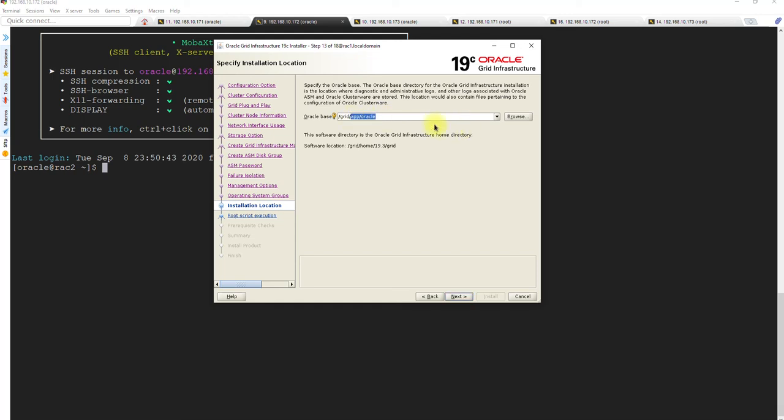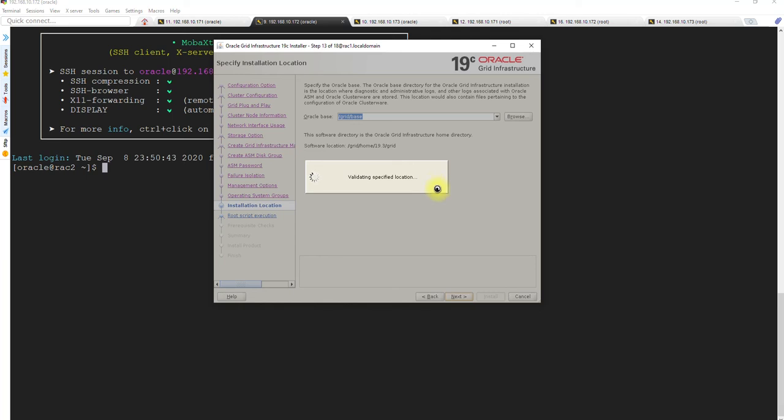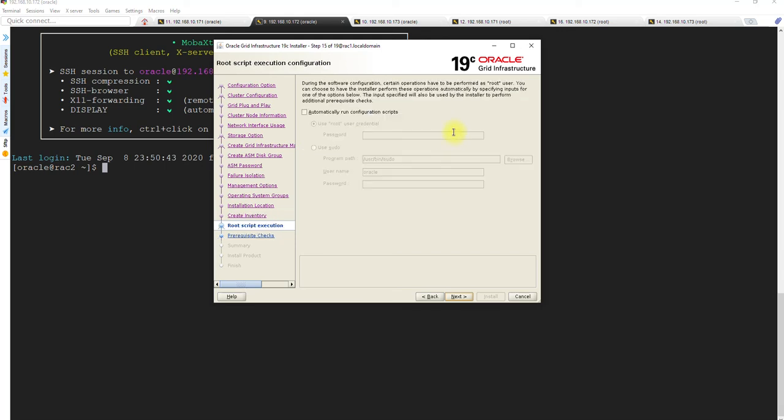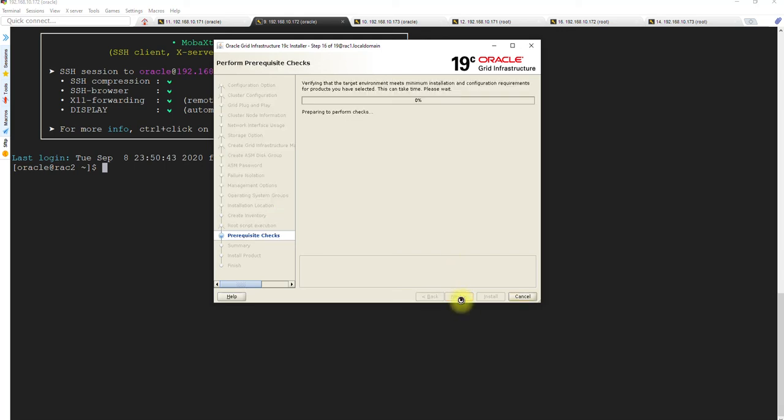Now change this to the Oracle grid base. We created the directory grid base, right? So make sure to create this grid base directory. This has to be the same. This is all okay. Everything is fine, you don't need to select it.